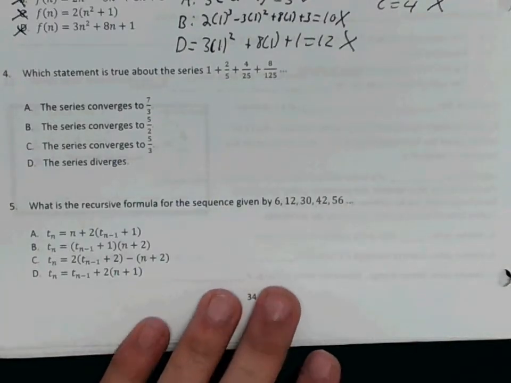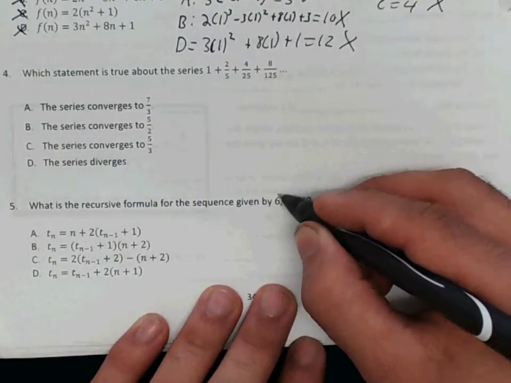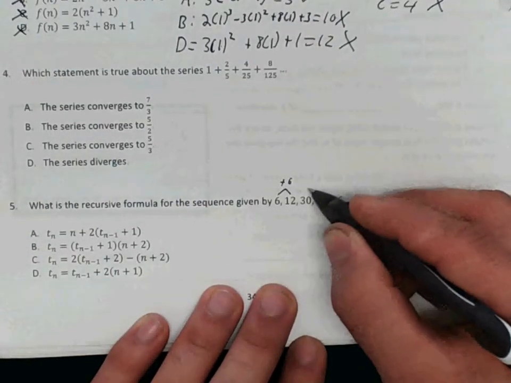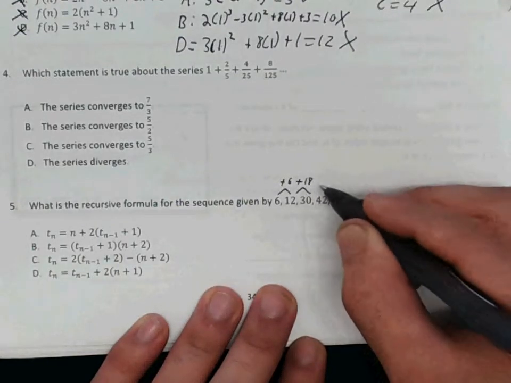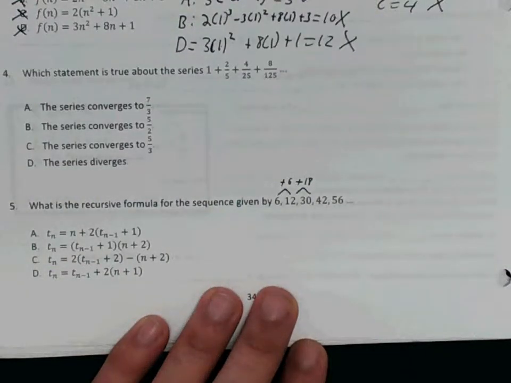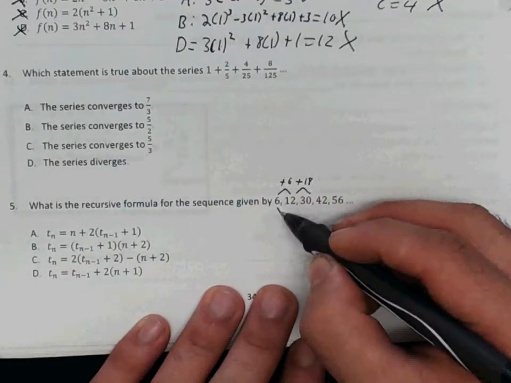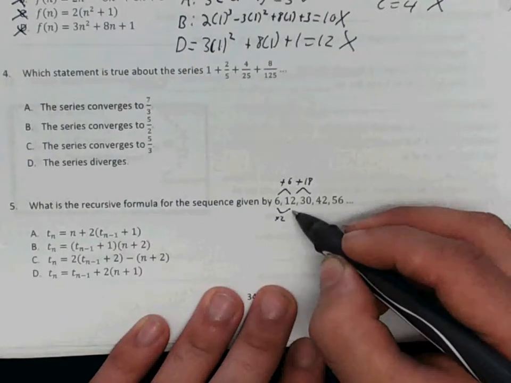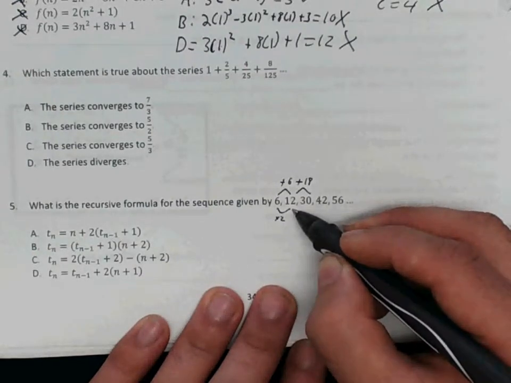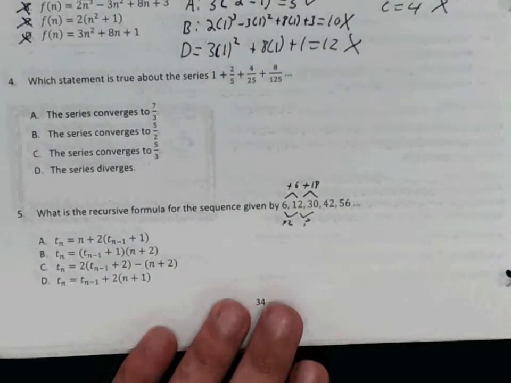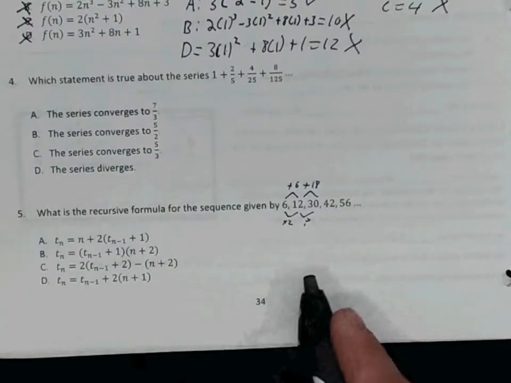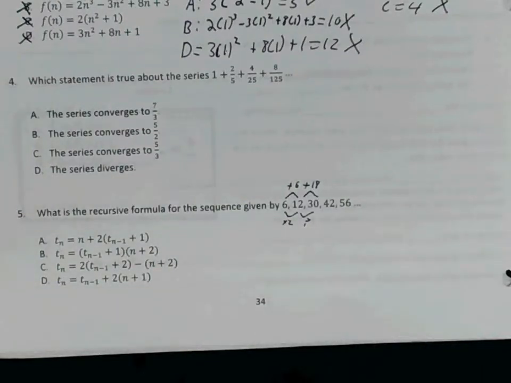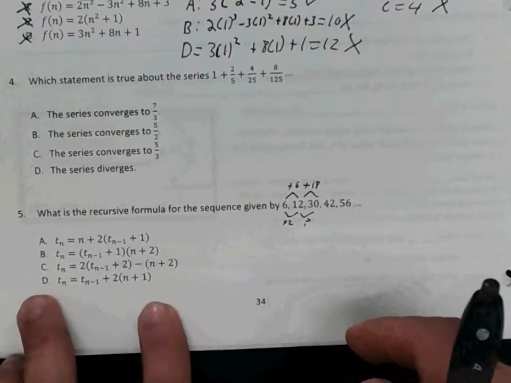6 plus 6 is 12, but 12 plus 18 is 30, so you're not adding a consistent term. It also appears we're not multiplying. 6 times 2 is 12, but 12 times not even a whole number is equal to 30. So there's no consistent pattern of multiplication or addition. That means the sequence is neither purely arithmetic nor geometric, which means we have to evaluate directly using the long